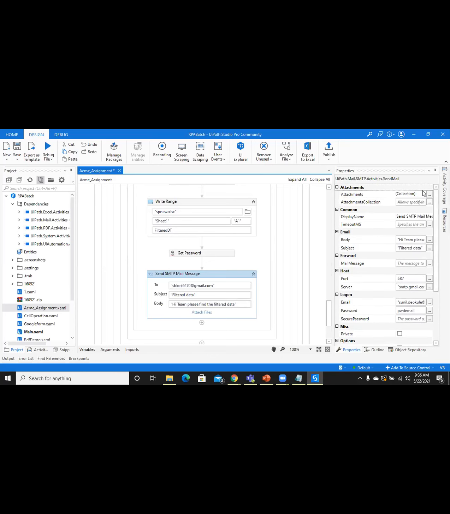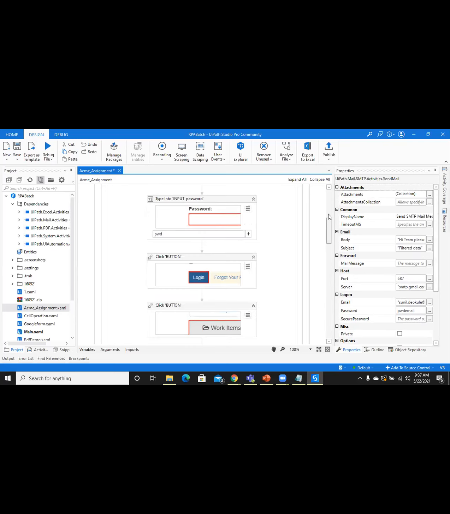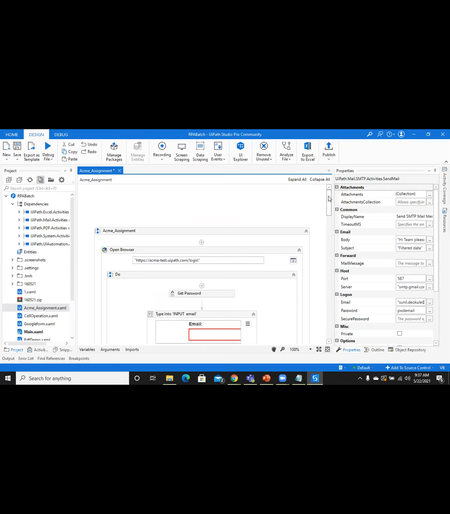Yes, sir. So this is the task actually I have assigned to you. I'll share this task XAML file with you. You should try your own. If you are not able to do it, you just refer this XAML file, and still if you are facing some issues, please reach to me. Fine. So any queries regarding this task or any activity? Let me know.